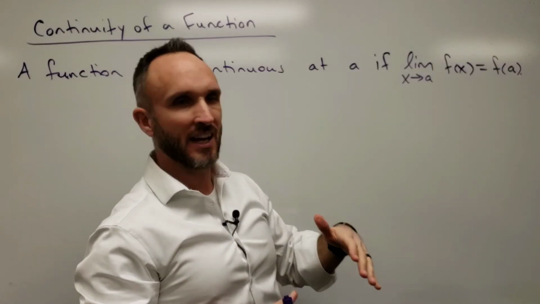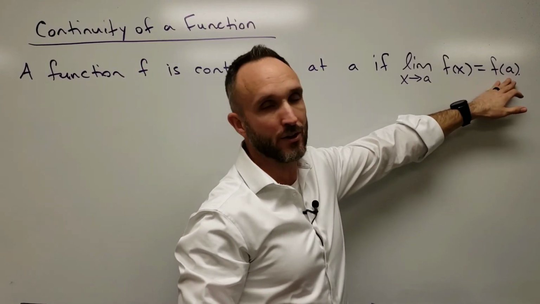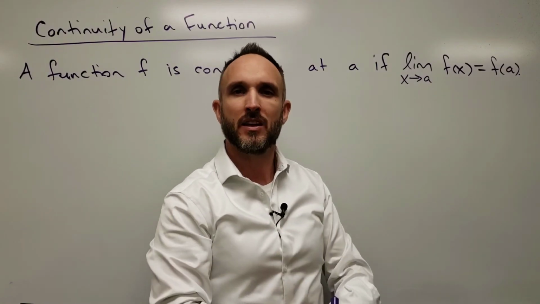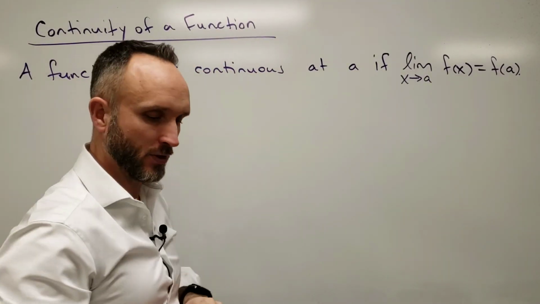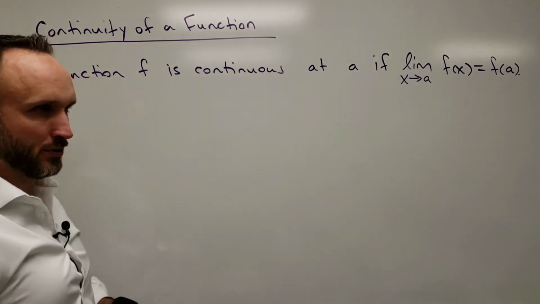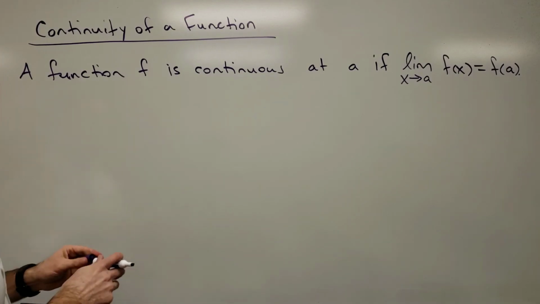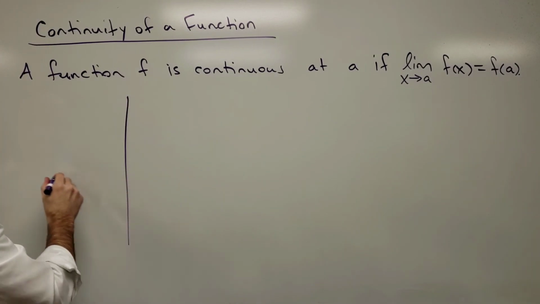So if you can ever decide that the limit doesn't exist, or that the f of a doesn't exist, or the function doesn't have an output, same thing, then you can conclude that the function is not continuous at that value. Okay? So let's look at some examples with graphs first. Let's do a visual inspection of this condition. So the first function we might look at, let's say,